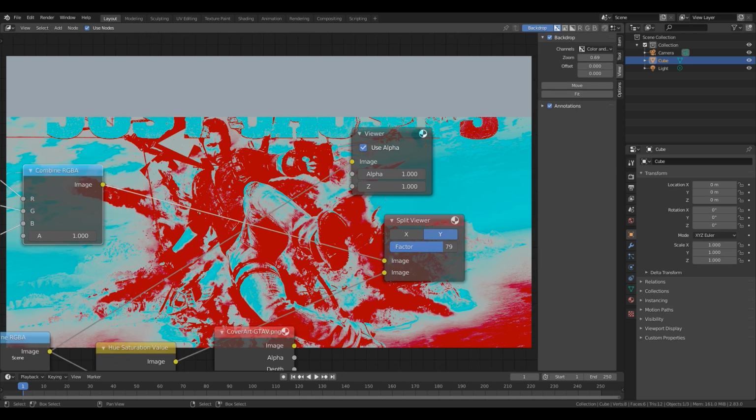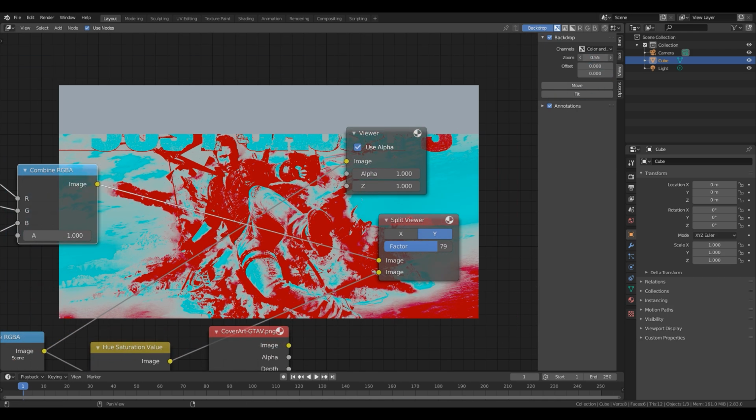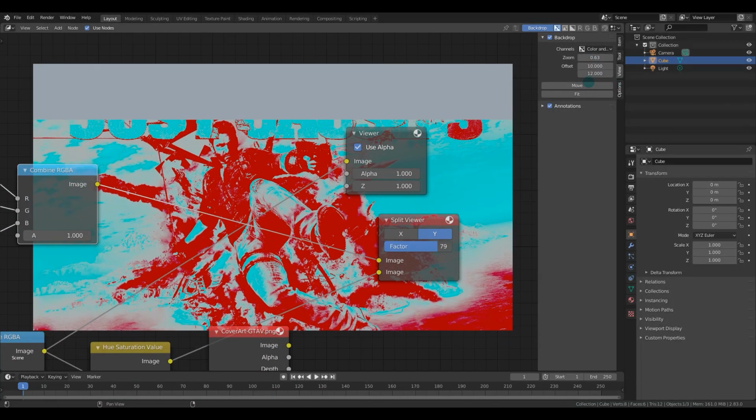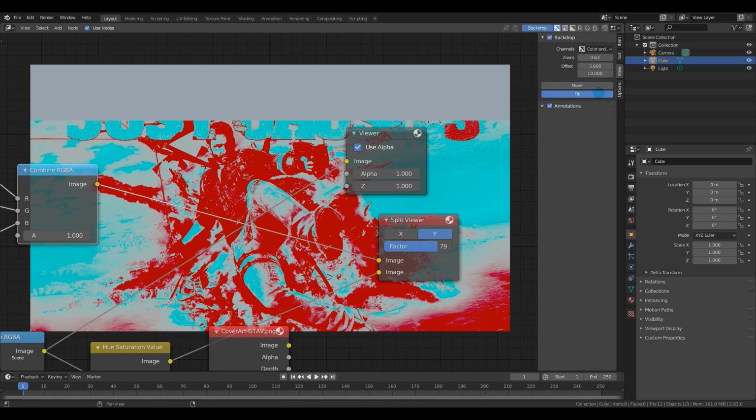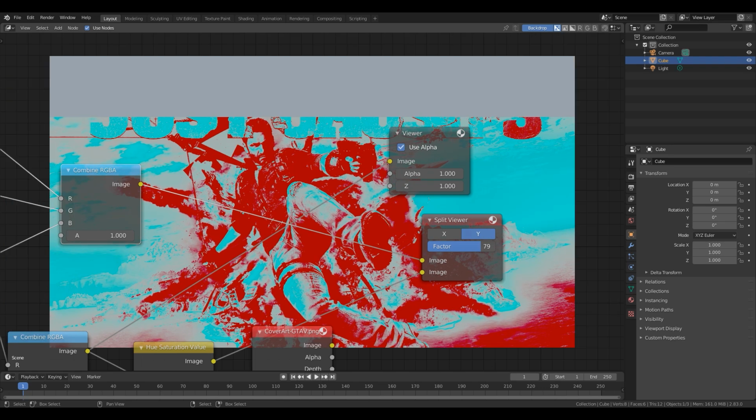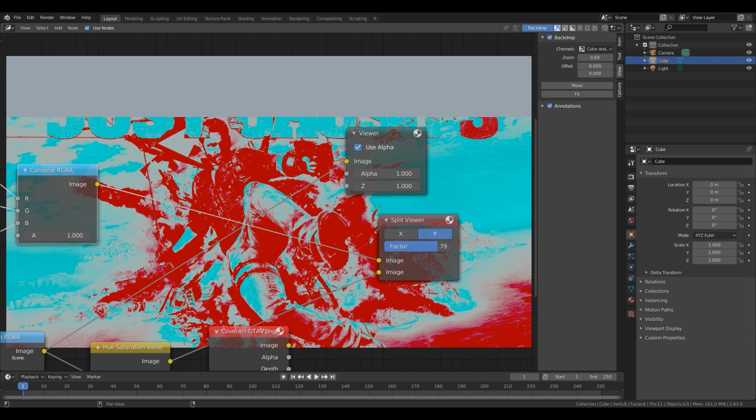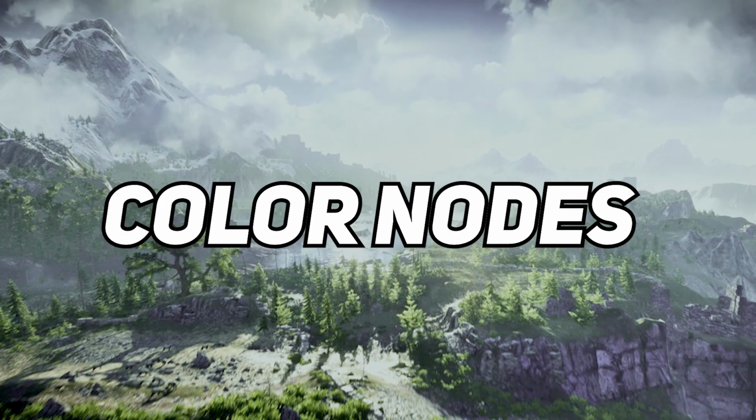And if you want to adjust the size of the preview you get, you're going to use these zoom options, move or fit, in the view panel down in the N menu. I say N menu, I mean you just press N to open it. That does it for output nodes. Let's move on to color nodes.